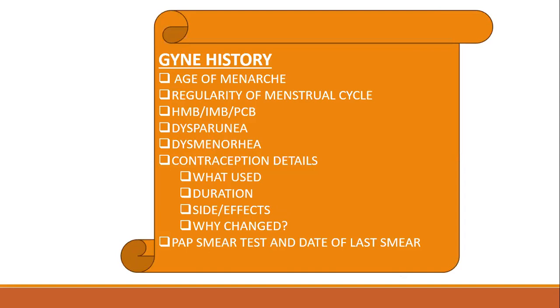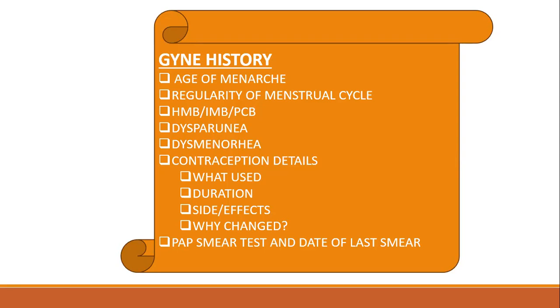Then comes the gynae history. In the gynae history, first always ask about the age of menarche, regularity of the menstrual cycle, how long the cycle length is, the number of pads, so the amount of bleeding, whether it's normal, average, less, or more. Then ask about heavy menstrual bleeding, intermenstrual bleeding (IMB), and postcoital bleeding (PCB). Followed by this, ask the patient regarding dysmenorrhea,